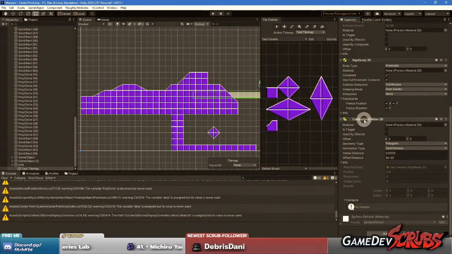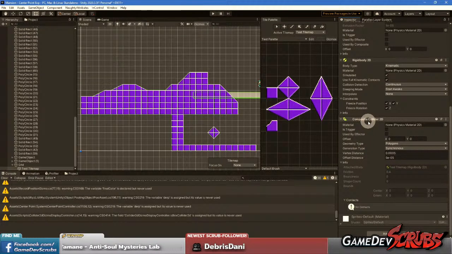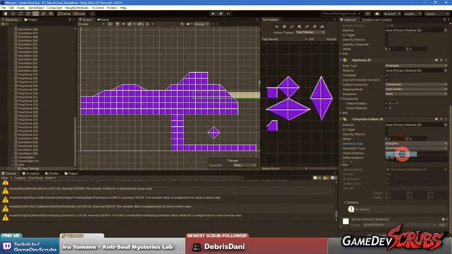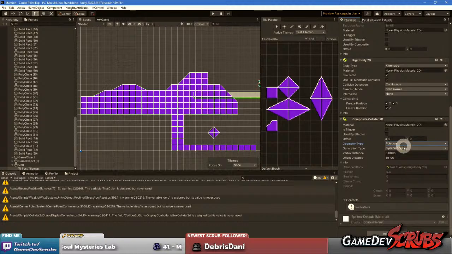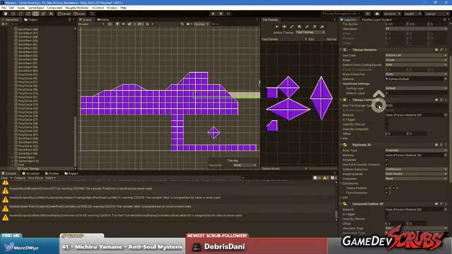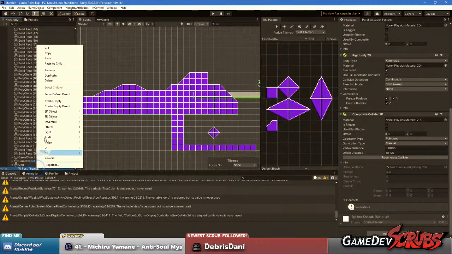As far as I'm aware, what a composite collider does is it takes everything inside of it and melts it into one giant shape. Yeah, I don't know. It looks like it didn't pick it up though. It found the rigid body, but it doesn't really see the fact that this is here. So when I hit regenerate collider, it doesn't do anything. But watch this. If I add